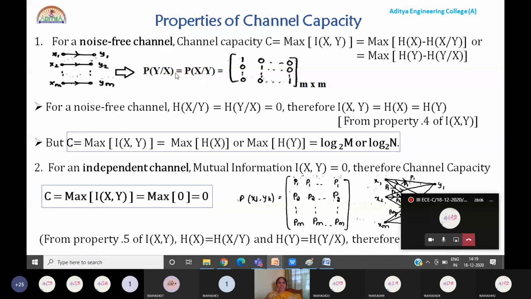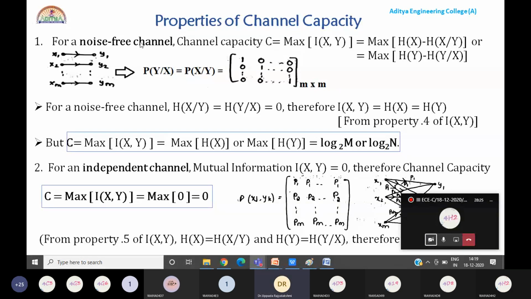And what about its conditional probability matrix? That is, the receiver data knowing the transmitter, or the transmitter data knowing the receiver. Okay, so let us move to the properties of